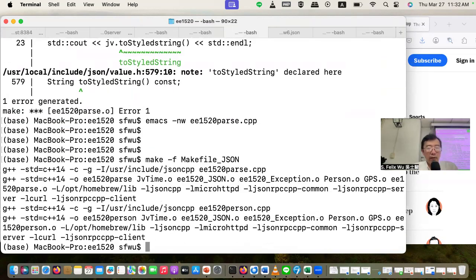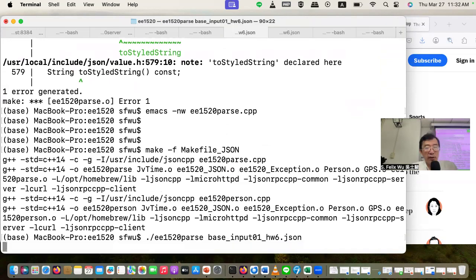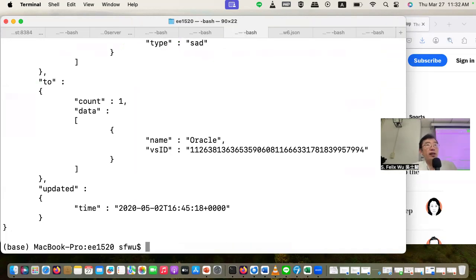Okay. So now if I run the program, you might see it a lot better. So now I'm running this. You see that? It looks like this. It's much better, but I want to save it because otherwise you cannot see the whole thing. I want to save it this way. I'm saving a file I call base style.json.